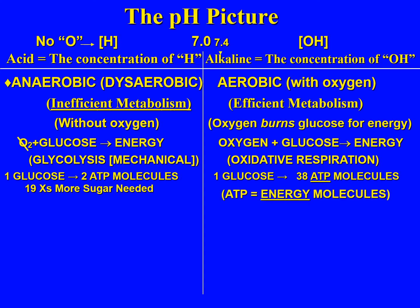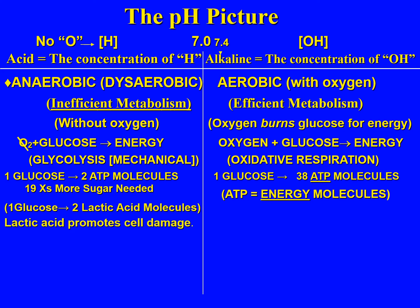So here's the difference. Like I said, 1 glucose will give you 2 ATP molecules, whereas 1 mole of glucose, which is a number, of course, it's not a furry animal, if you're going to get into oxidative respiration, will give you 38 ATP molecules. So what's the big deal, right? Well, guess what? If you have to utilize just your glycolysis, you're going to have to use a whole lot more sugar to get your 38 ATPs. And lactic acid, which is part of the production from glycolysis, the lactic and pyruvic acid,